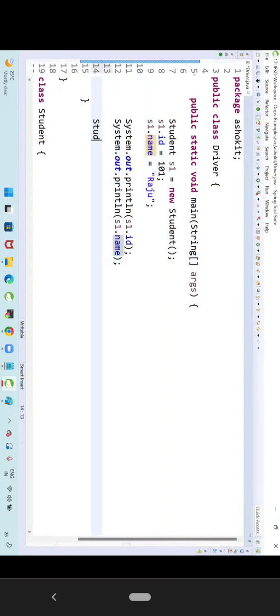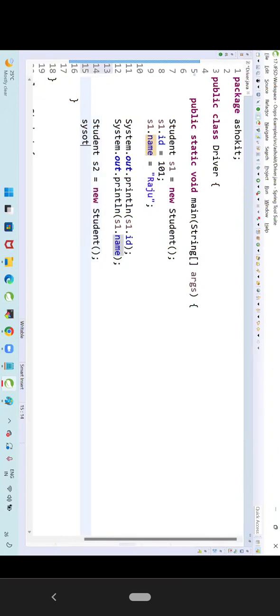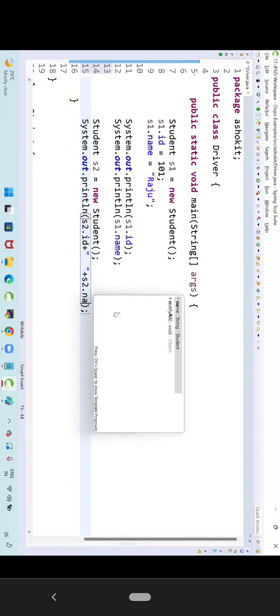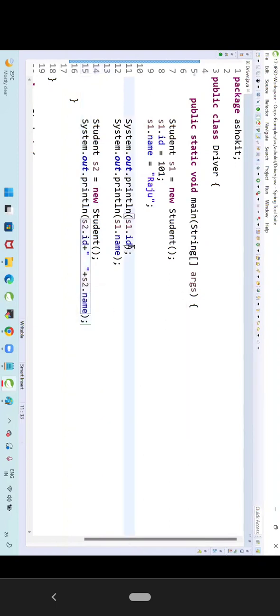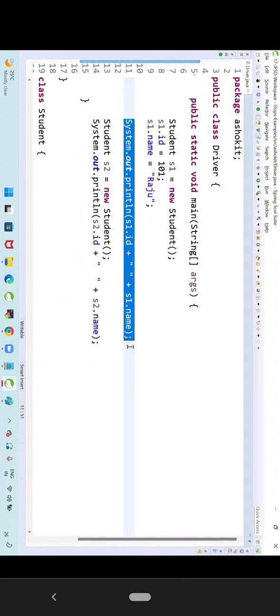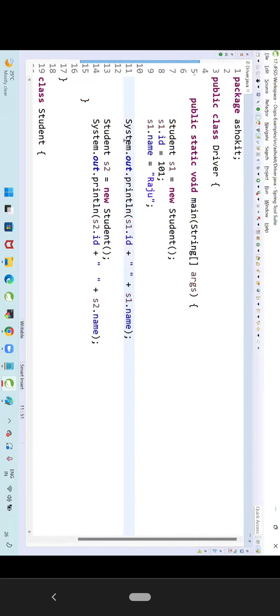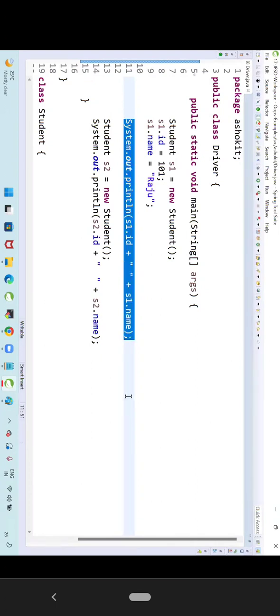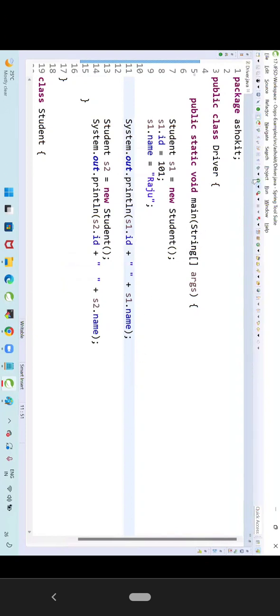For example, I will do like this: Student s2 = new Student(); System.out.println(s2.id + s2.name). Here also s1.id plus s1.name. Now, can you tell me what output I am going to get here? Line number 11: 101 and Raju. Line number 14: